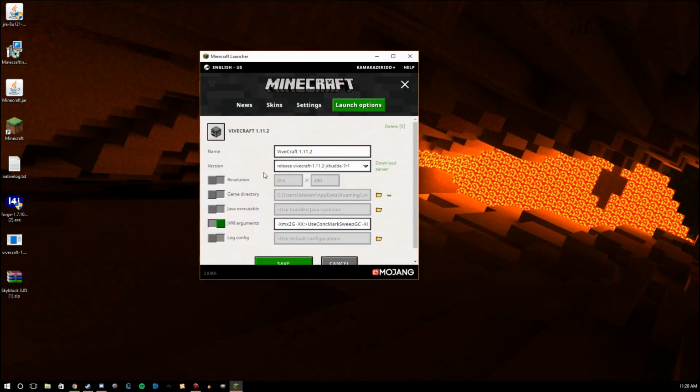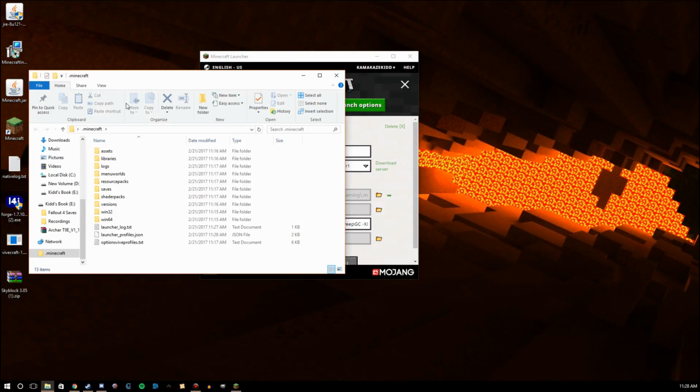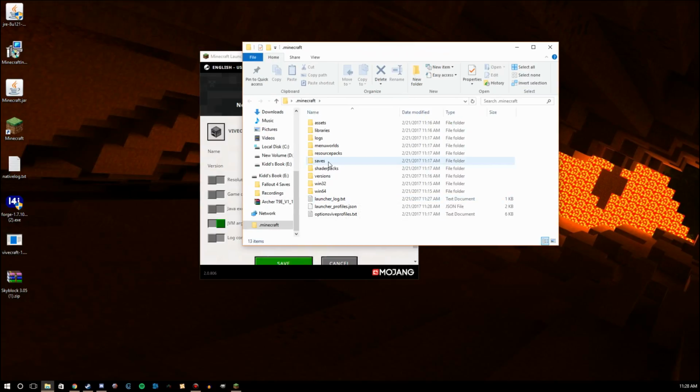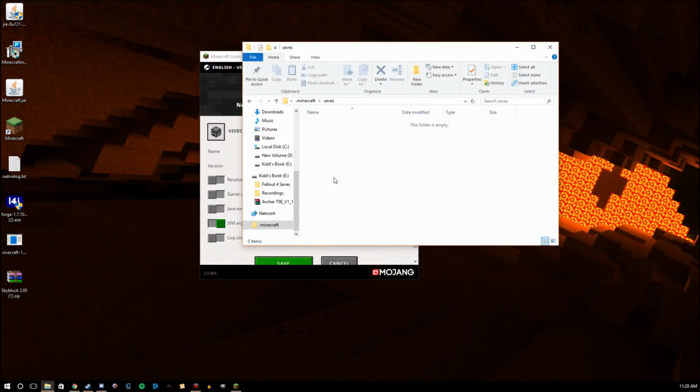And then you're going to scroll down till you get to Game Directory. Once you get to the Game Directory, you want to click this arrow right over here which says Go To Folder. So you click on that, it takes you straight to where you need. So you're going to click on Saves, and this is where you're going to put your